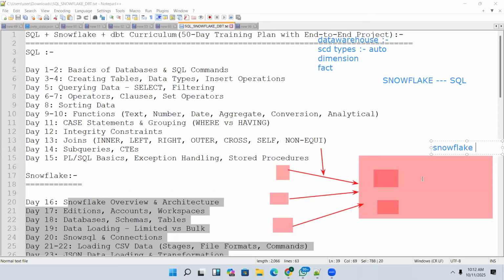Our work starts from Snowflake onwards. Once data is loaded into Snowflake, whatever transformations we do are done with the help of DBT. For this, we first learn Snowflake. After learning Snowflake, we connect it to DBT, and I will show you how to do these transformations. This is the flow.